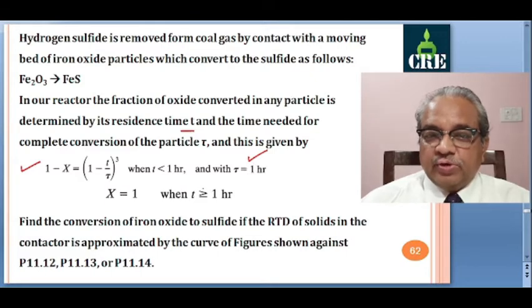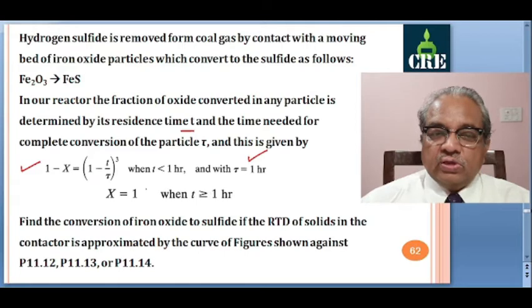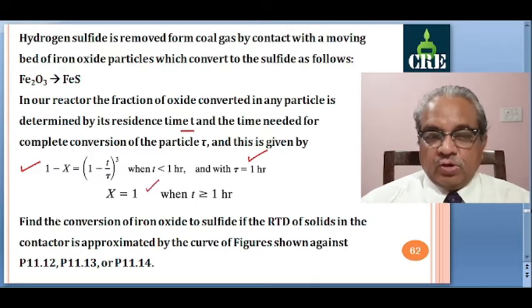So if the time spent in the reactor is more than 1 hour, conversion will be complete. Okay. With this information, find the conversion of iron oxide to sulfide if the residence time distribution of solids in the contactor is approximated by the curves